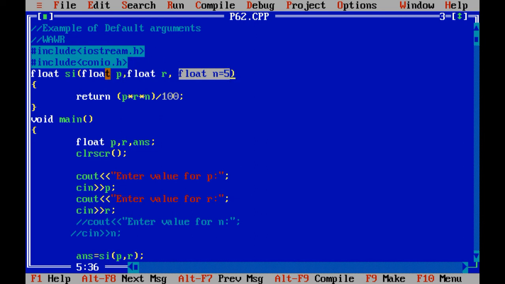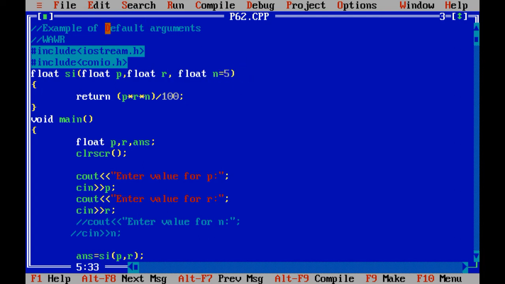You cannot write like this, float P, float R equals to 10 and float n. No, that is the incorrect way. What you need to do is write float P, float R equals to 10, float n equals to 5. In this way you can mention, but you cannot give only the value of R. You must give the value of n in that case, right?